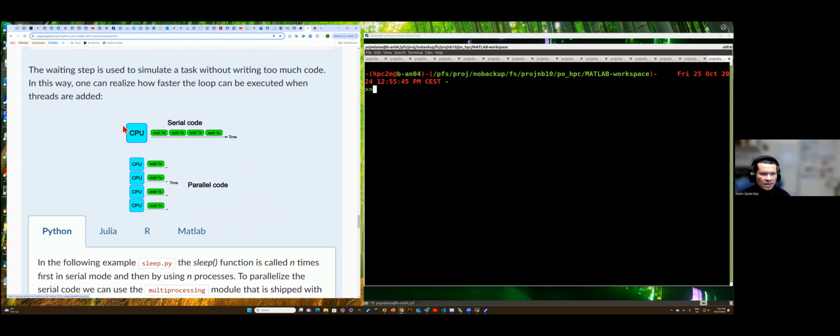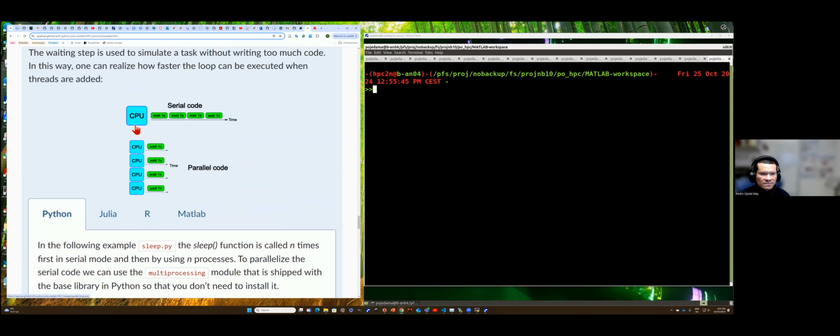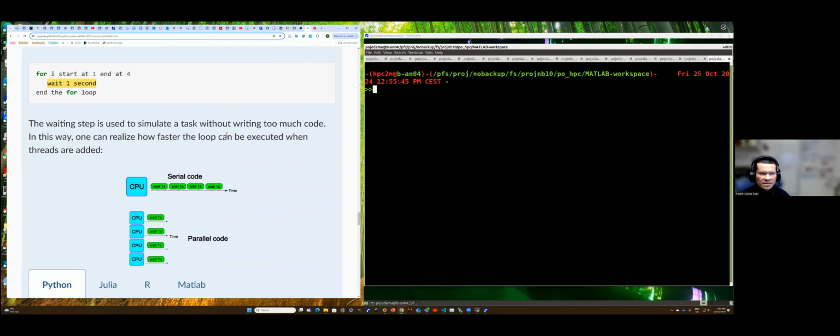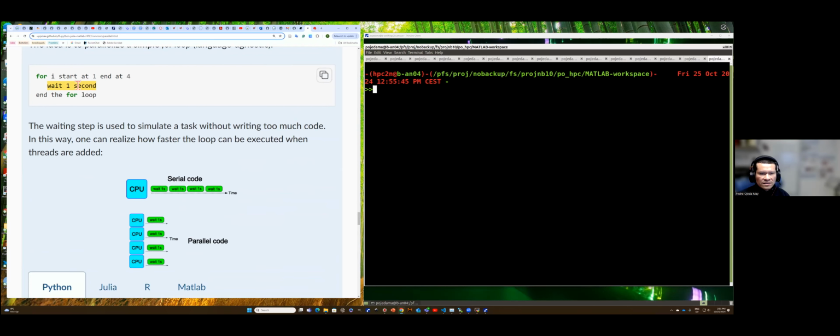This is how the function will run using a single CPU or single core. Here you run the 1 second, then wait 1 second, and so on. Because there are 4 iterations, your code will take about 4 seconds. But the idea is that,